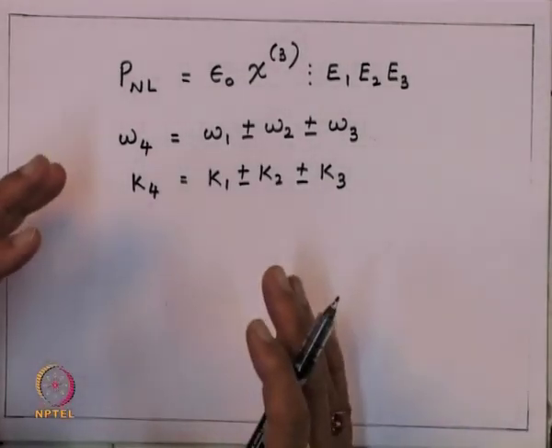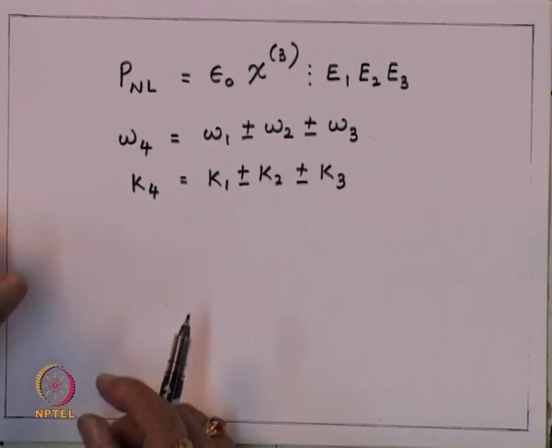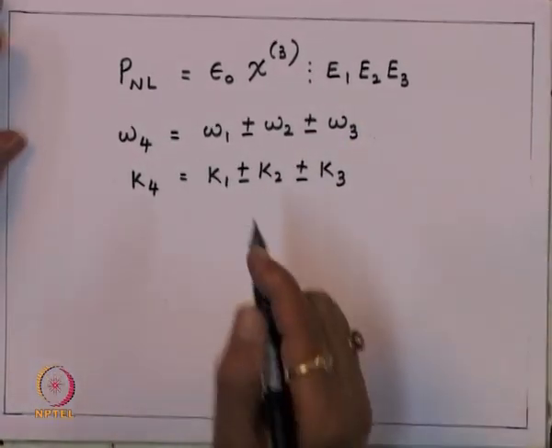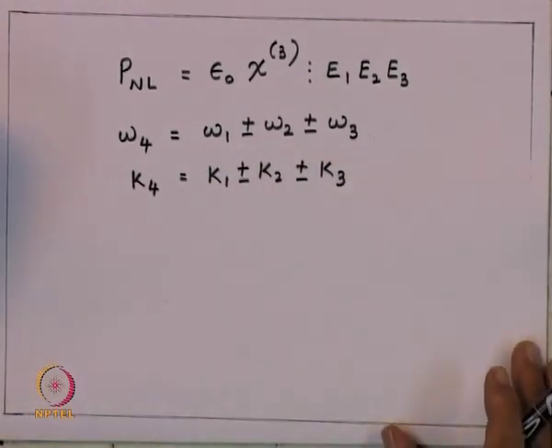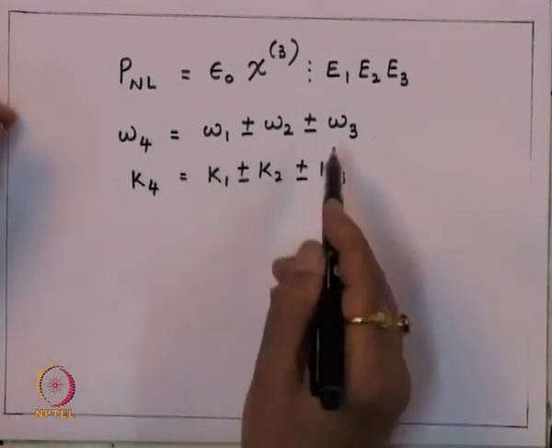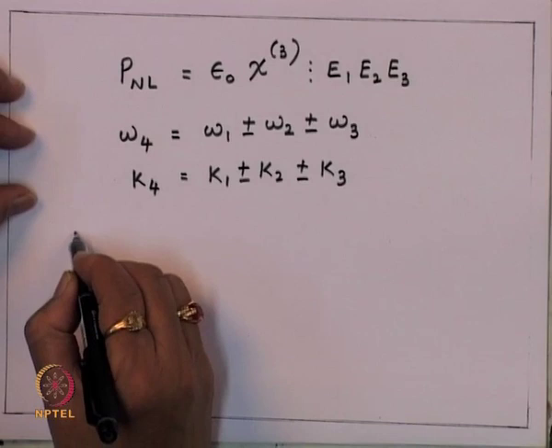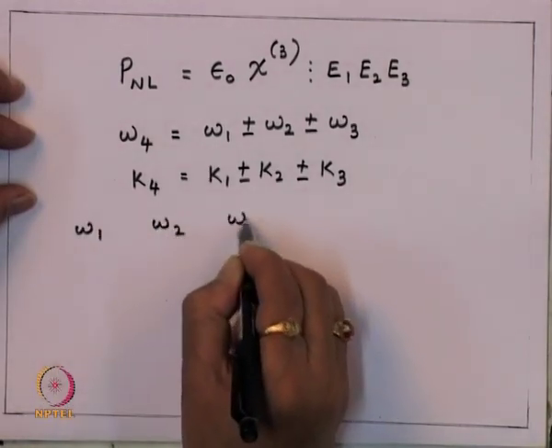So, when 3 frequencies go inside the material, because of the nonlinear nature of the material, you will see there are additional frequencies which get generated in addition to the original frequencies, which were omega 1, omega 2, omega 3. If I just take all possible combinations, originally we had 3 frequencies omega 1, omega 2, omega 3,